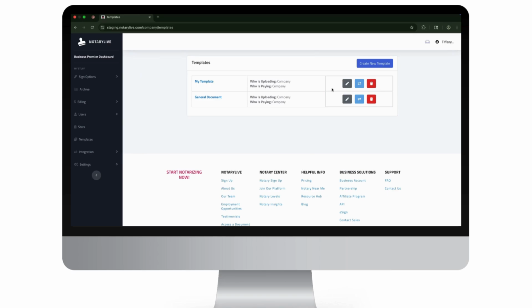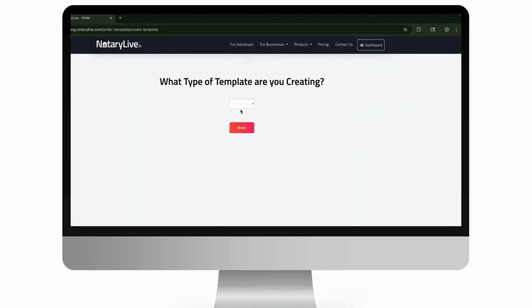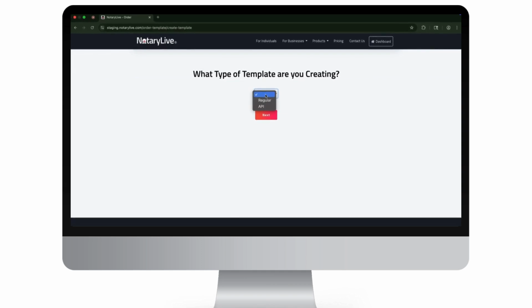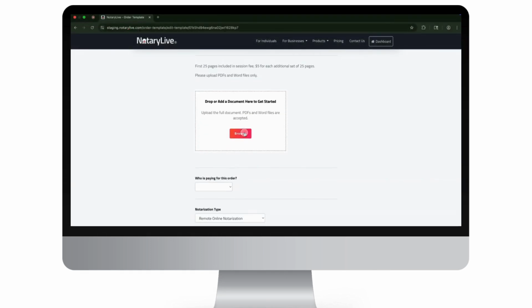Then hit Create New Template. You'll see two options, a regular template or an API one. We'll go with a regular template for now. Click Next, and now you can name your template, upload your document,